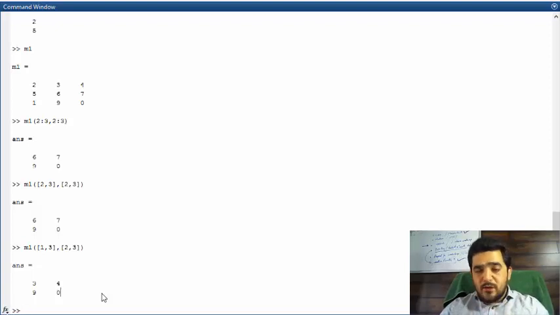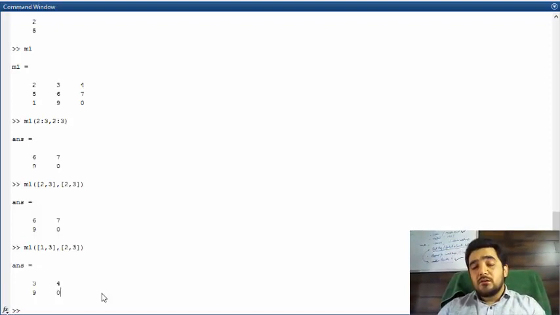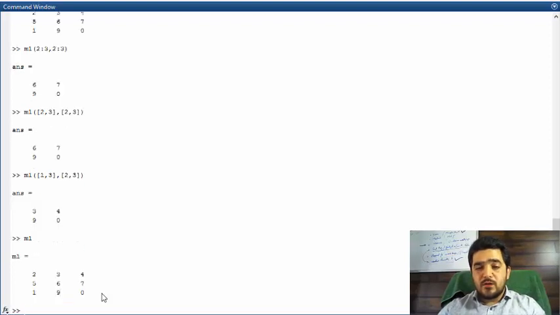There is another operator that can be used while accessing elements in the matrix, and it's known as end, and it simply points to the last index of a specific dimension. So let's suppose, let's see what's in M1. M1 contains this matrix, and if I write M1 of 1 to end, here end is the keyword, okay,